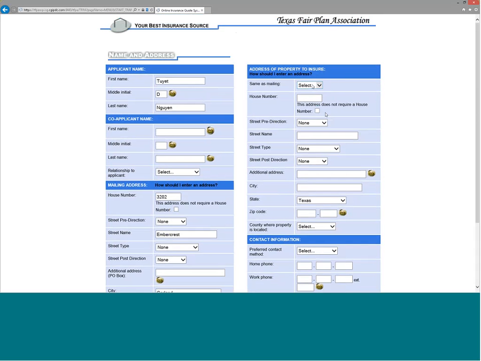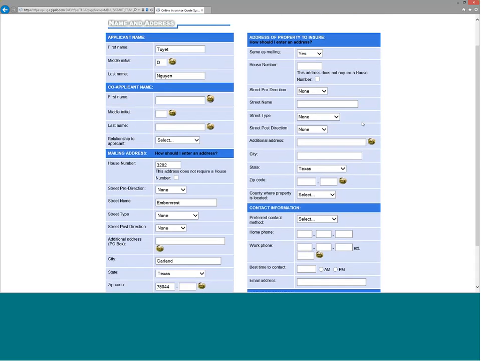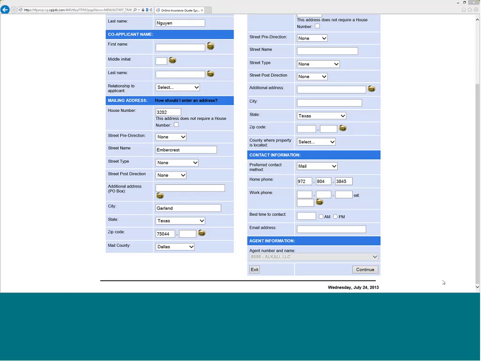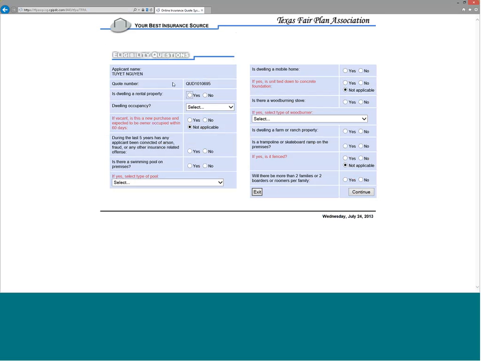And all this information that I'm putting into these fields right now is actually going to be on your data summary screen, and you can see it. Everything will be there for you, so you just need to input the information. Once you have typed in everything, you'll just click continue at the bottom right-hand corner, and it'll take you to some eligibility questions. So since it's a fire dwelling, we need to state if it's a rental property,